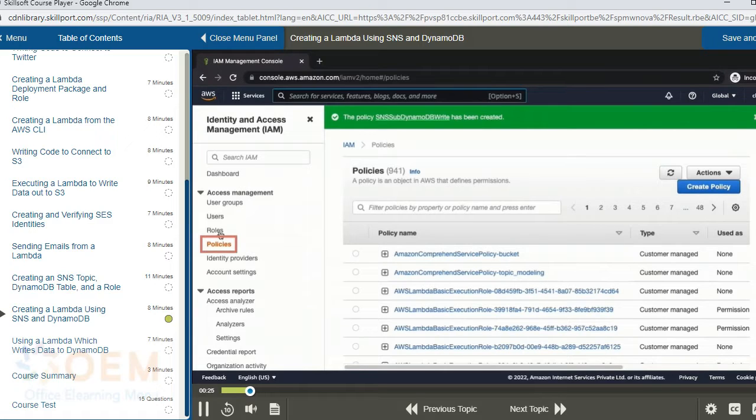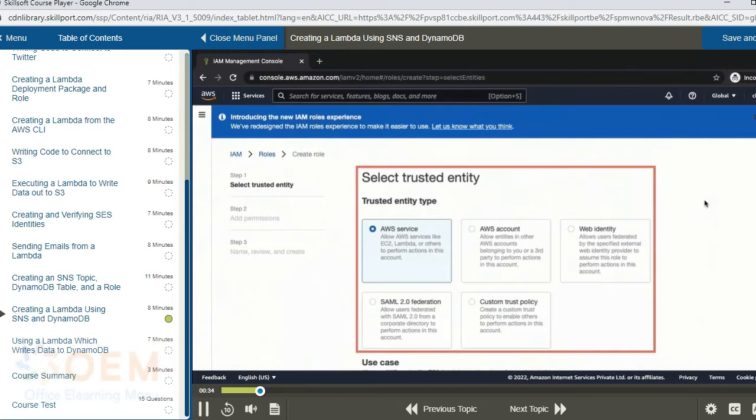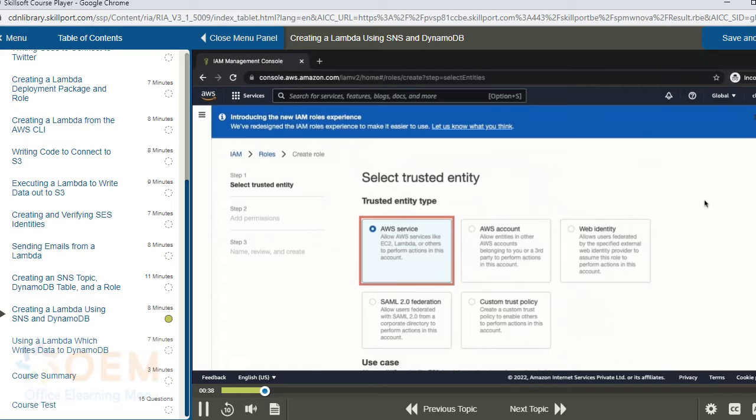Over on the left, you can see that we are currently in the policies page. Let's click on roles, which is right above policies, and there let's click on the create role button. Here we are prompted for the type of the trusted entity, and the default selection is AWS service. As the text there tells us, this allows AWS services like EC2, Lambda or others to perform actions in this account. That sounds exactly like what we have in mind, and so we'll stick with that choice of trusted entity